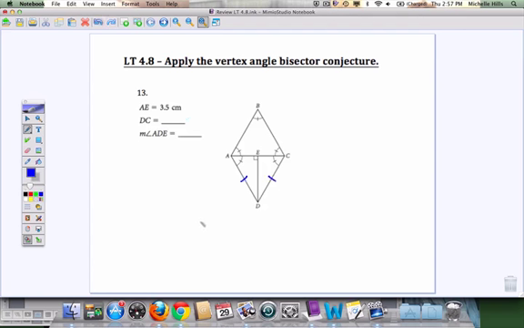And those two sides are congruent. It says that when I bisect the vertex angle, this ends up being an altitude because it's perpendicular to the opposite side, and it also bisects the opposite side. So this is also a median. So if the distance from A to E is 3.5 centimeters,